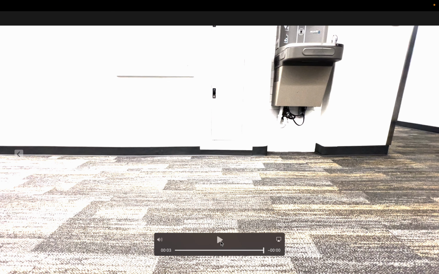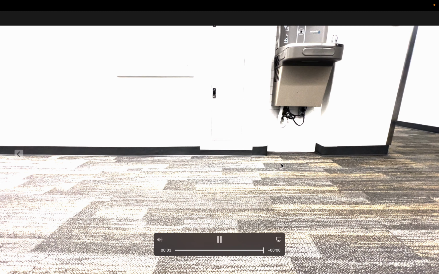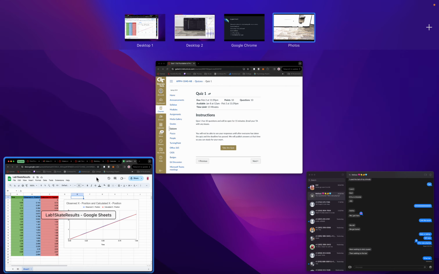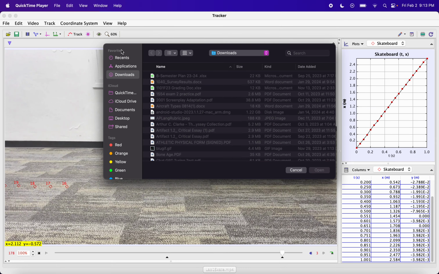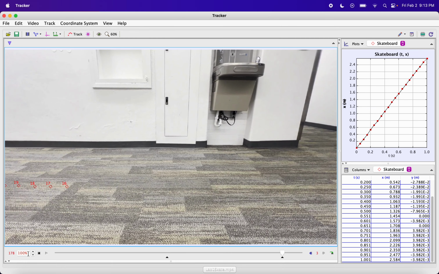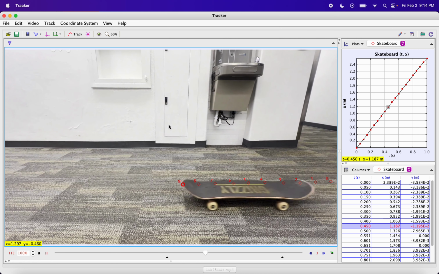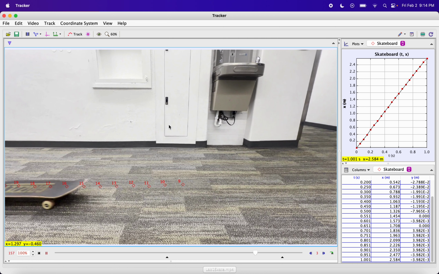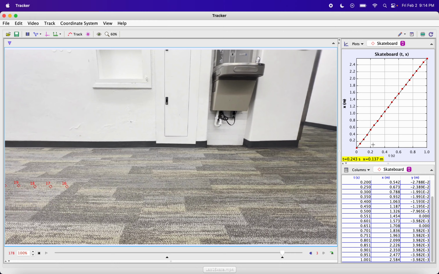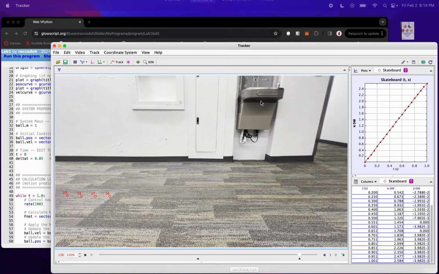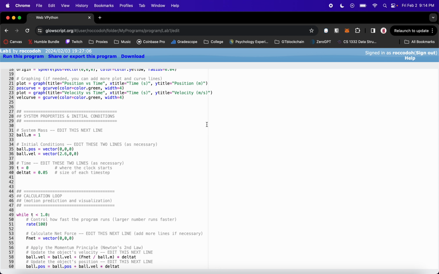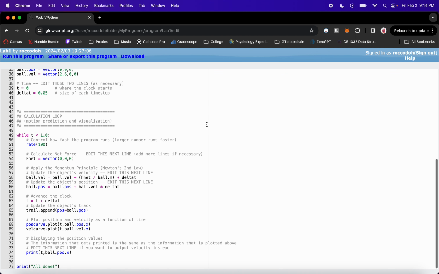This is the video we're going to be analyzing. That's my skateboard. And in Tracker, I marked every position frame by frame to analyze the motion of the skateboard, which ends up being fairly even. And I'm going to compare that with this code on GlowScript,